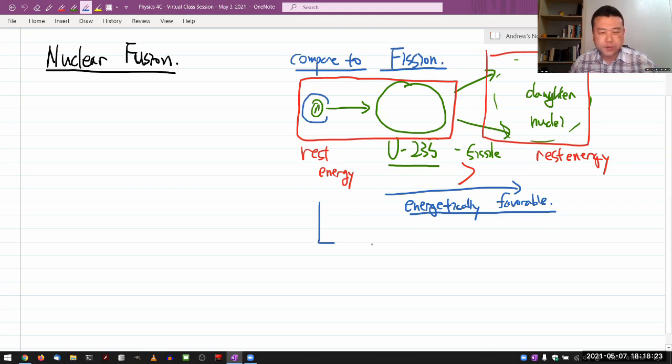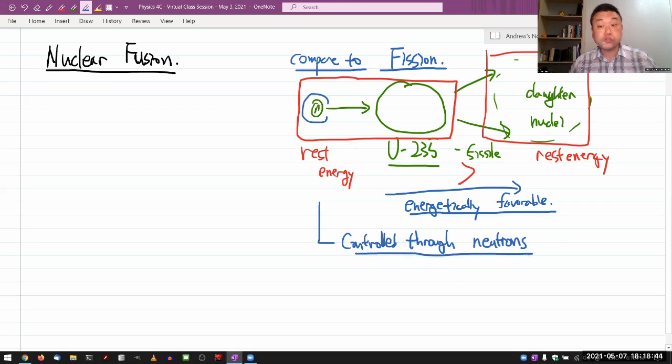So I guess the best way to phrase that in a way that's not misleading is controlled through neutrons. I'll just say neutrons. And in fact, you see that aspect when you read about nuclear reactors. In nuclear reactors, you have something called moderators. I think moderators are something that you don't have in a nuclear bomb. But in a peaceful nuclear reactor, you have a moderator, and the role of moderators is really to